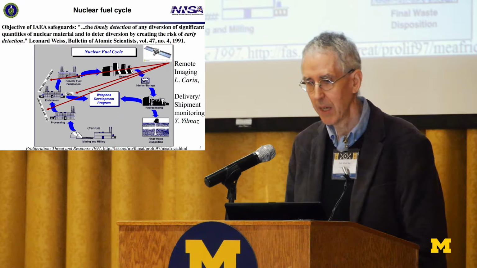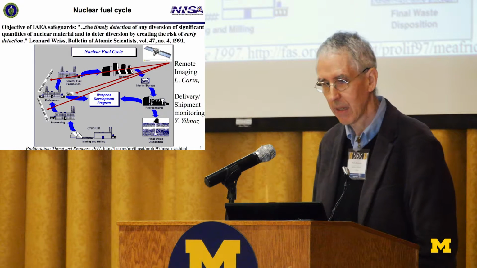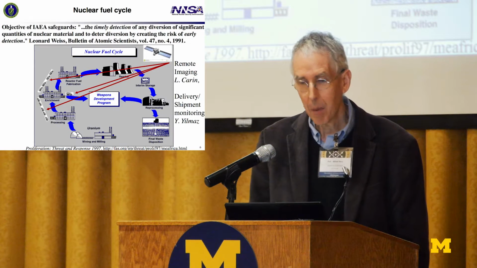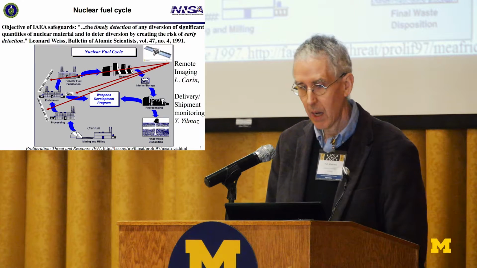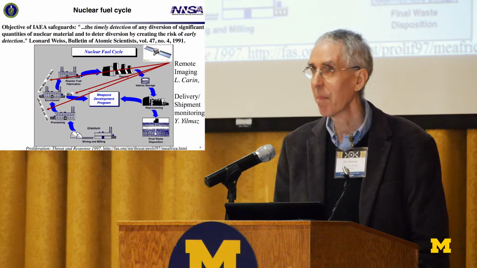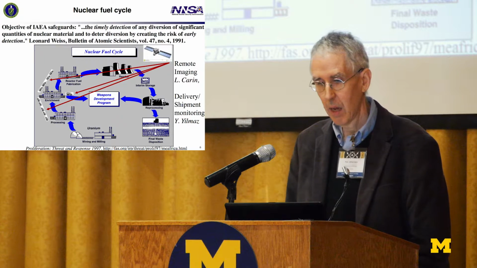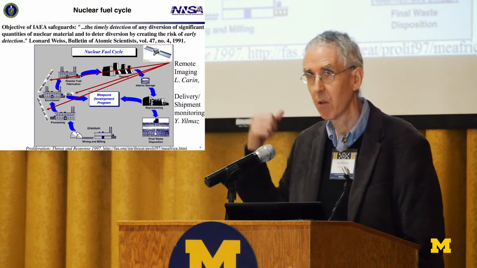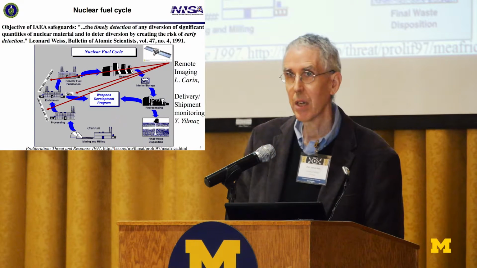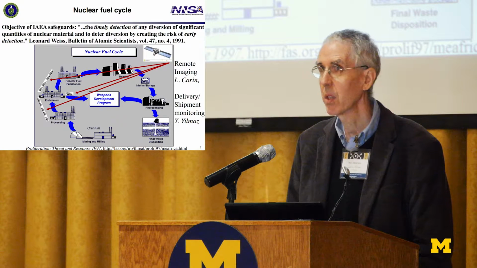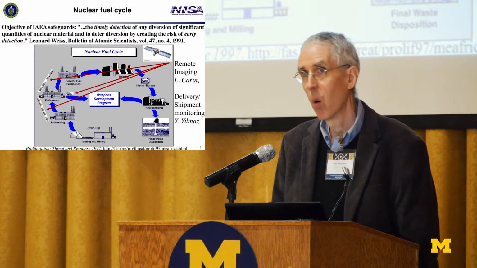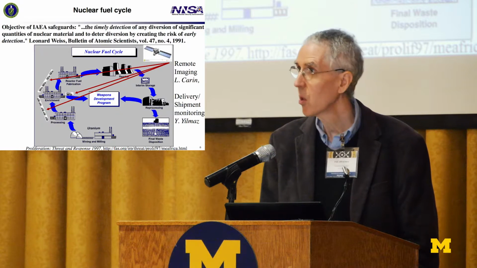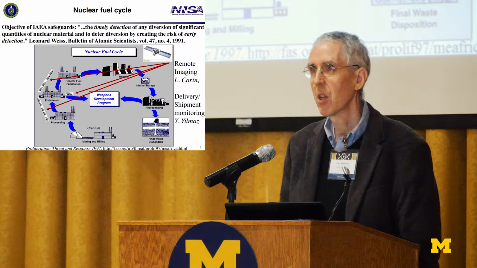And one of them, which I'll talk about in a minute, involves looking at patterns of interactions between these particular components of the nuclear fuel cycle or different fuel cycles, interactions that could be, for example, delivery or shipment of nuclear materials, and which perhaps there might be some diversion where if you observe at an enrichment plant, for example, as indicated on the slide, the ingress and egress of deliveries and shipments by using, say, satellite imaging or some other type of remote sensing, the number of vehicles per unit time coming into the facility and going out of the facility, you may be able to detect some slight differences of those.